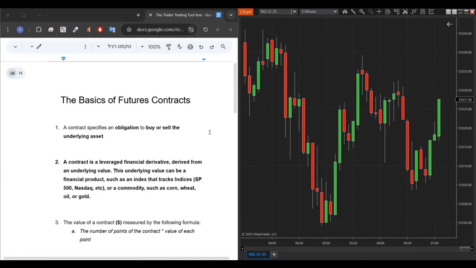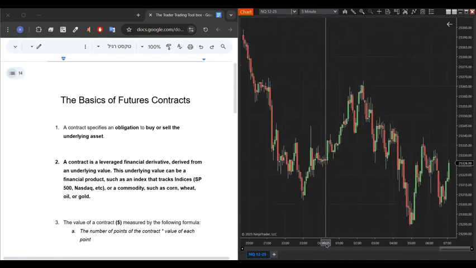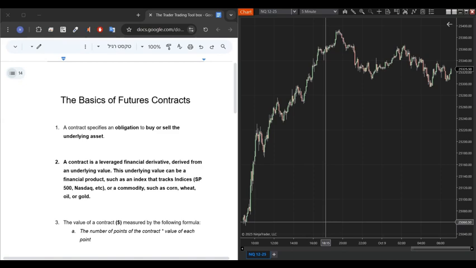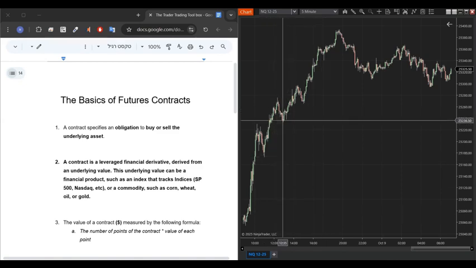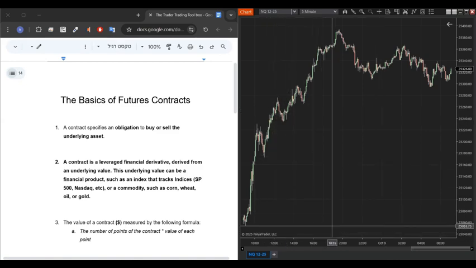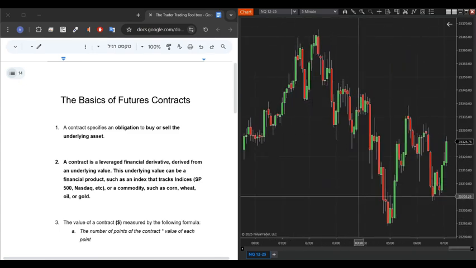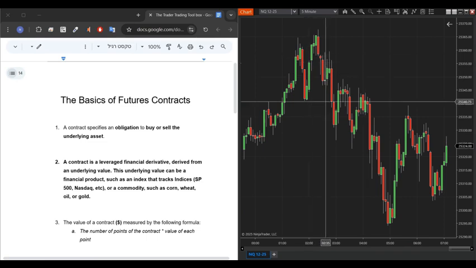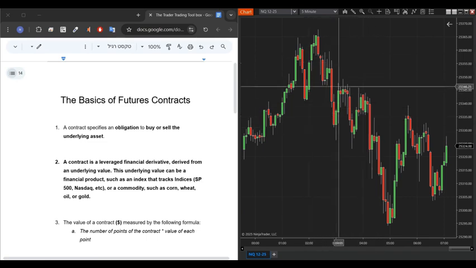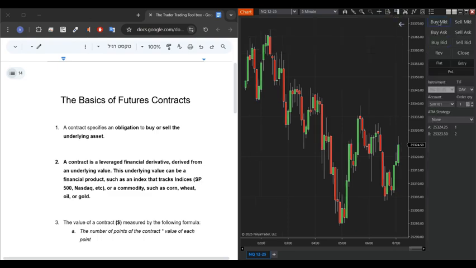So what exactly is a futures contract? On the right, you can see that a futures contract is similar to any other financial product. It's similar to crypto, it's similar to Forex, it's similar to stocks. At the end of the day, it's a product that's traded on the financial exchange. It's traded on the futures exchange, and we can trade this asset for day trading just like we actively trade stocks, Forex, and crypto. At the end of the day, you can basically buy and sell it if you want, as you can see. In other words, I can buy it and I can also sell it.